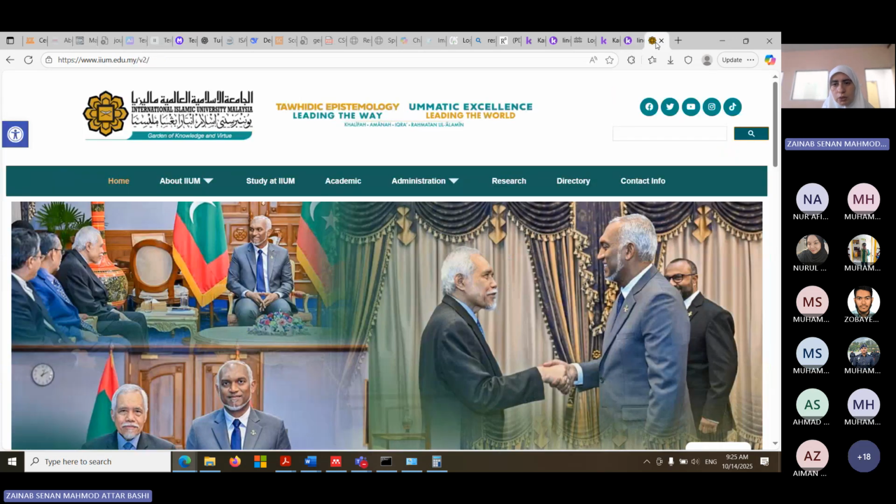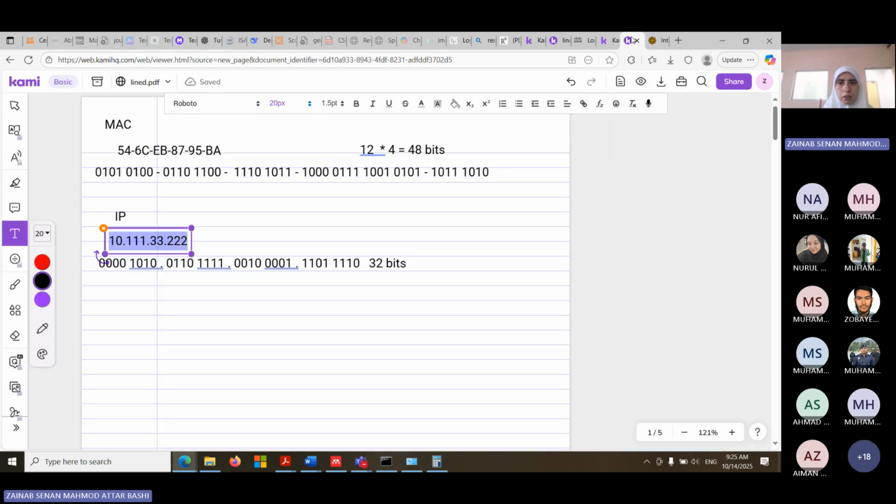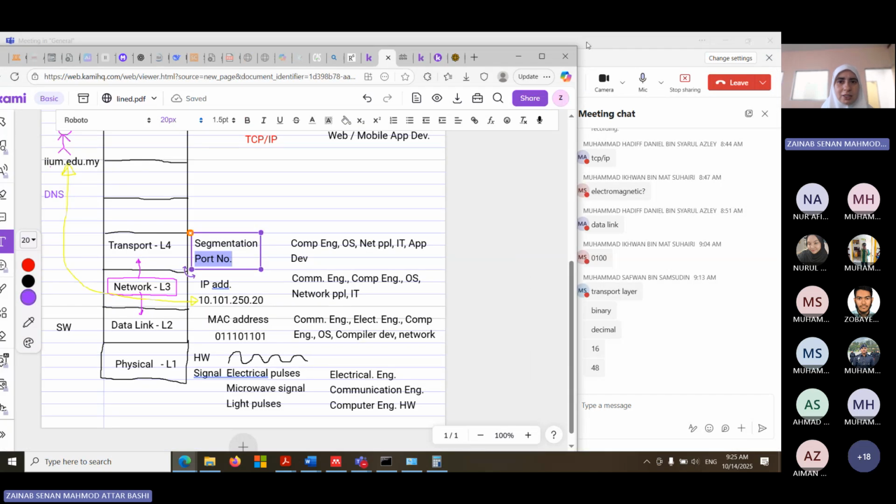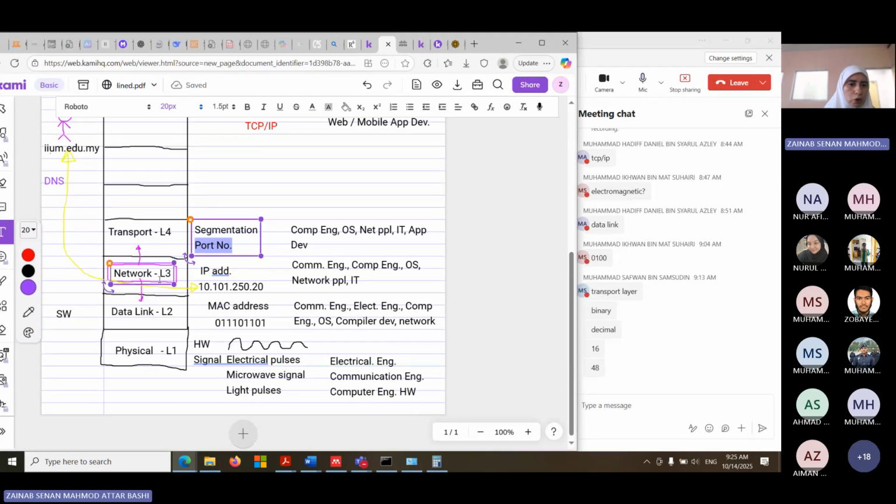This is how it's happening, using the port number to tell the operating system where exactly to take that piece of data. And if we talk about operating system language, I'm not sure how many of you still remember operating system and what you studied there. This one, we call it process to process. So the CPU will know that whatever data you get from outside has a process name or process number. This process number will go and serve another process. It's an operating system thing.